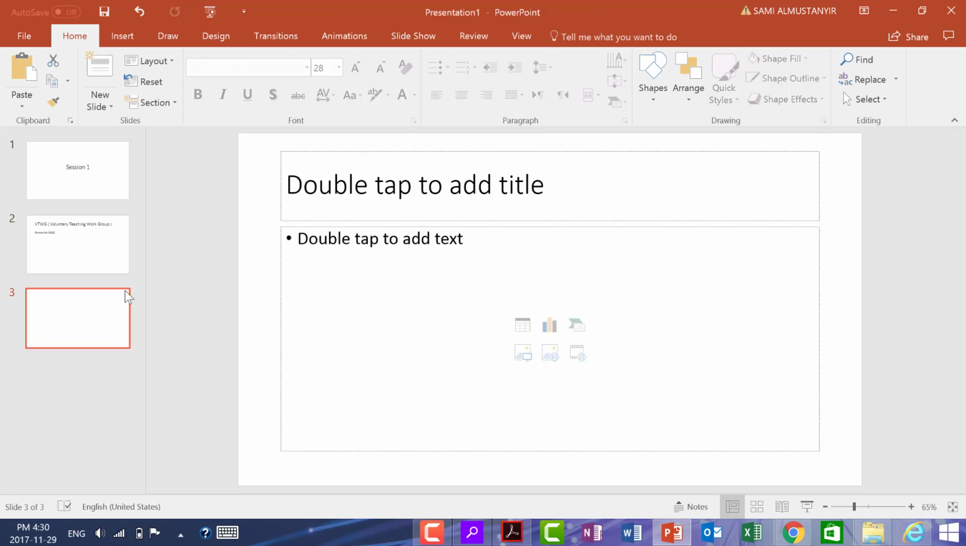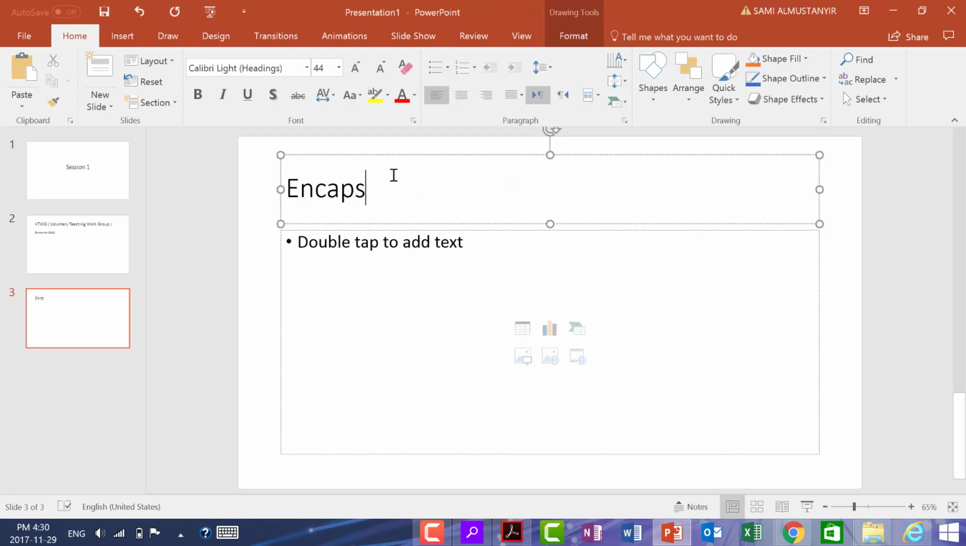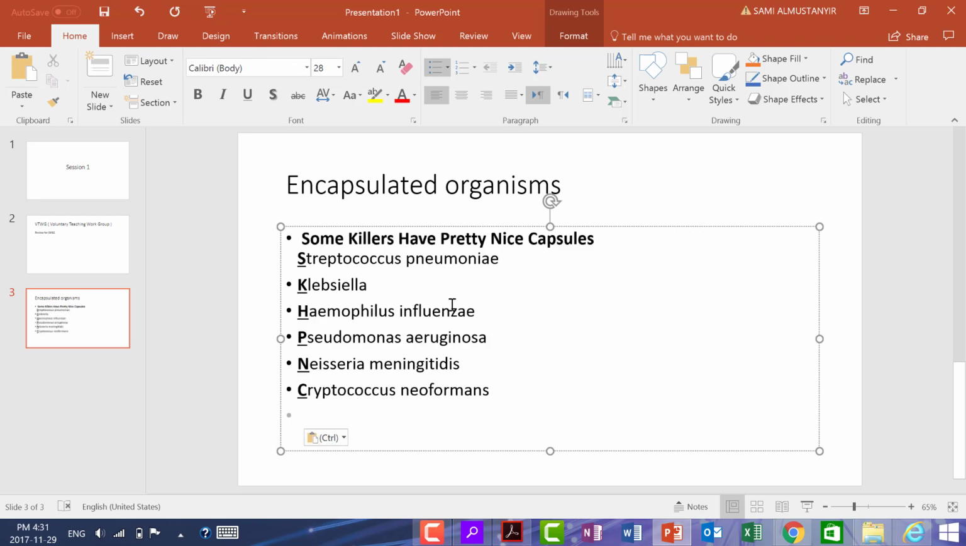So encapsulated organisms, these are the common organisms to infect people with asplenia. Okay, some killers have pretty nice capsules. S stands for Strep pneumonia, K for Klebsiella, H for Haemophilus influenza, P for Pseudomonas aeruginosa, N for Neisseria meningitidis, and C for